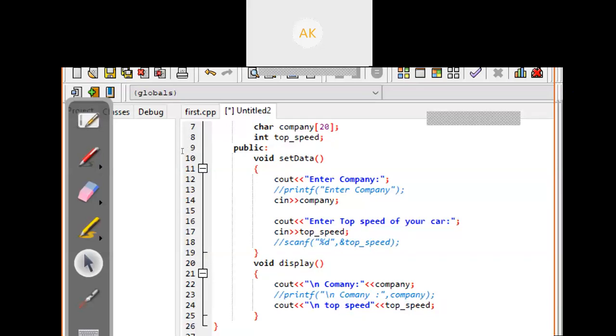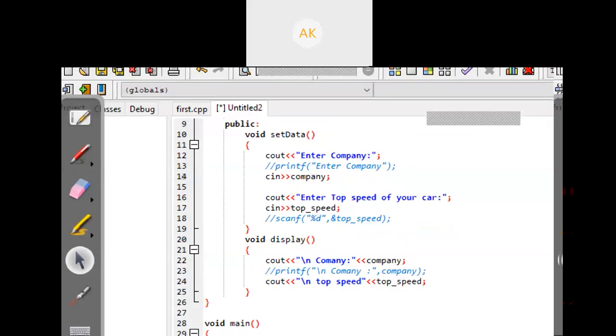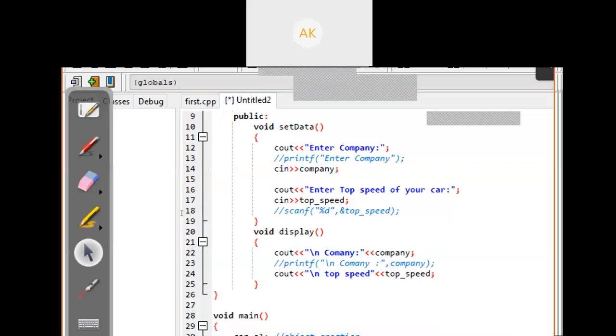whatever the user is entering I'm storing in this company data. In the next line, I'm asking the user to enter the top speed of the car. Then whatever the user enters, I store the value into the top speed variable. The next method I implement is for displaying the values. It displays the company name, and whichever object calls this display method, the related data members will be displayed.